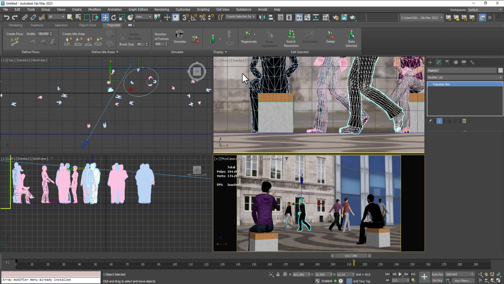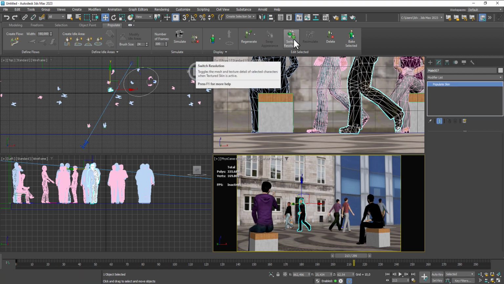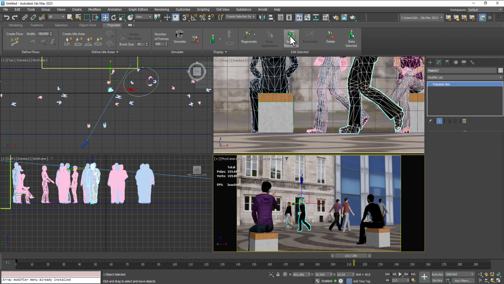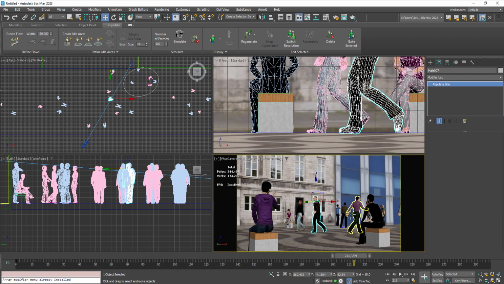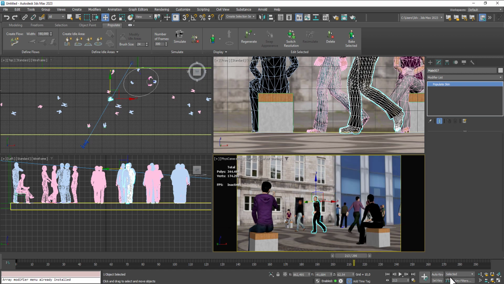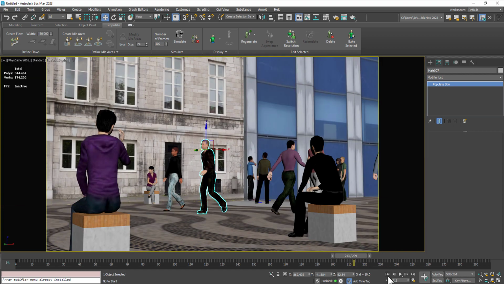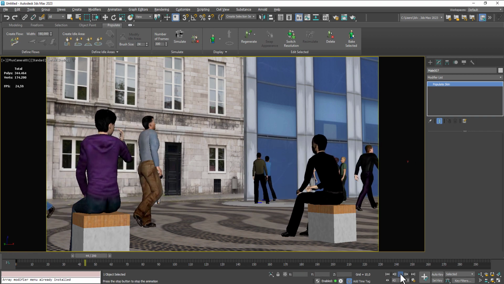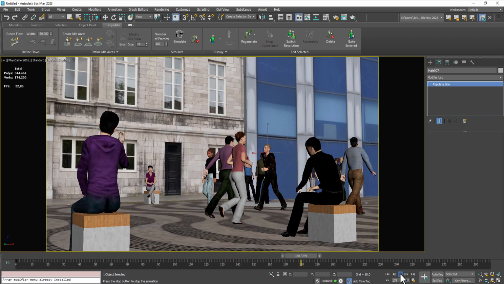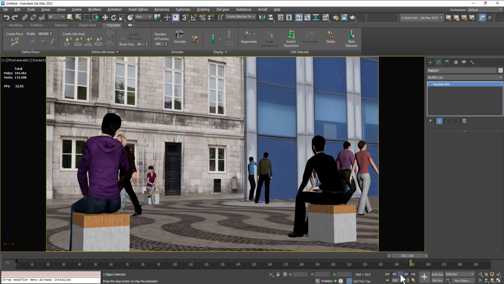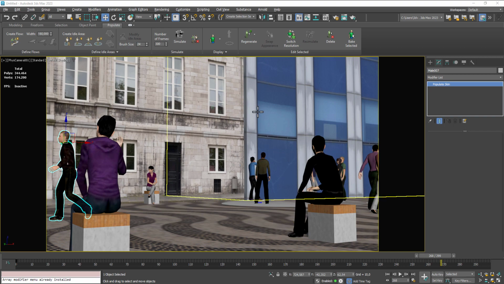Yes, enough. Switch resolution. Again, perfect. And simulate again. And we can watch. Yes, perfect. As you see. So it is perfect. Now I want the windows here and the glass in these windows to reflect the characters